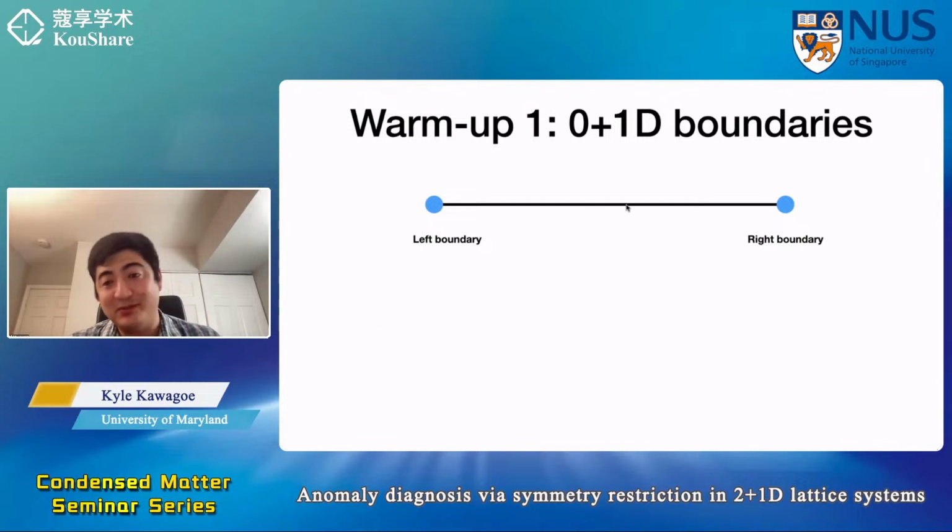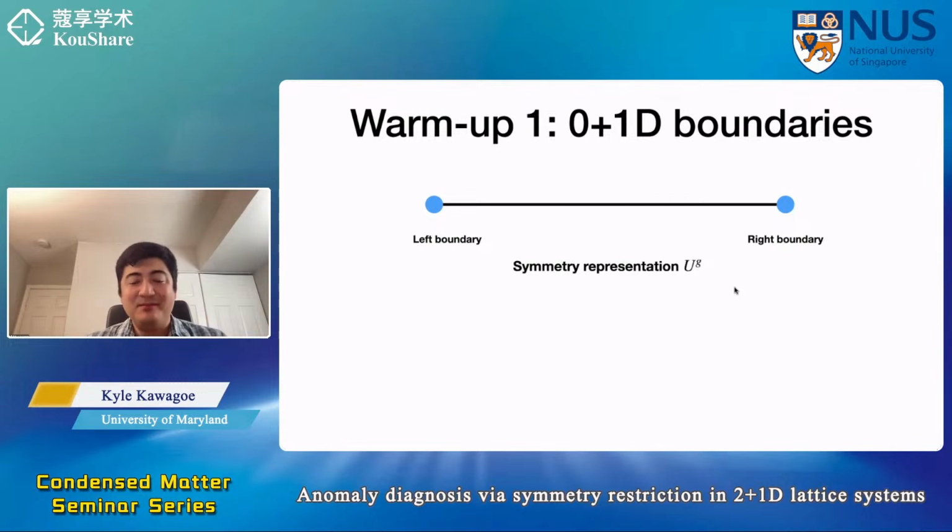So suppose you have a 1+1D SPT with some left boundary and a right boundary, and you have a symmetry group, let's call it capital G. Because you have a symmetry for the system, it means that your Hilbert space is some representation of the symmetry group. And because of this sort of holographic principle, the action of the symmetry on any ground state, of which there are many,